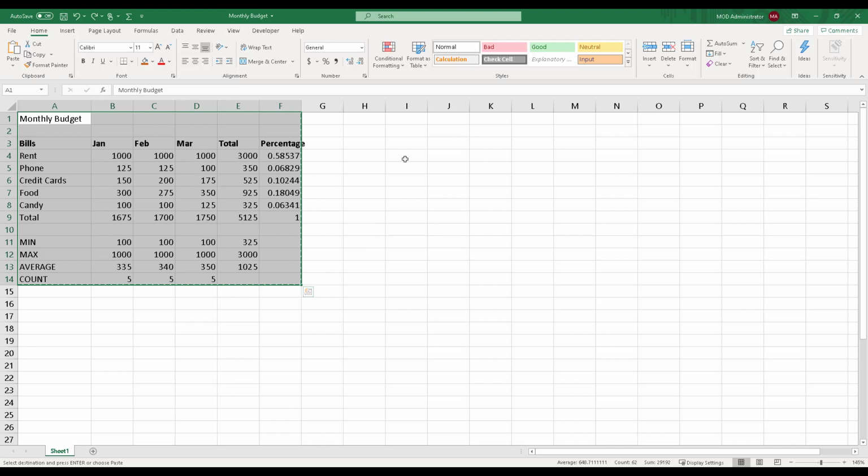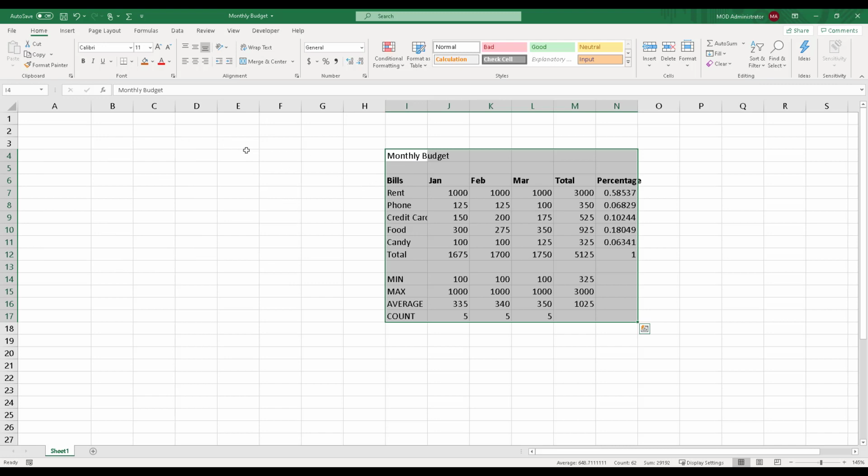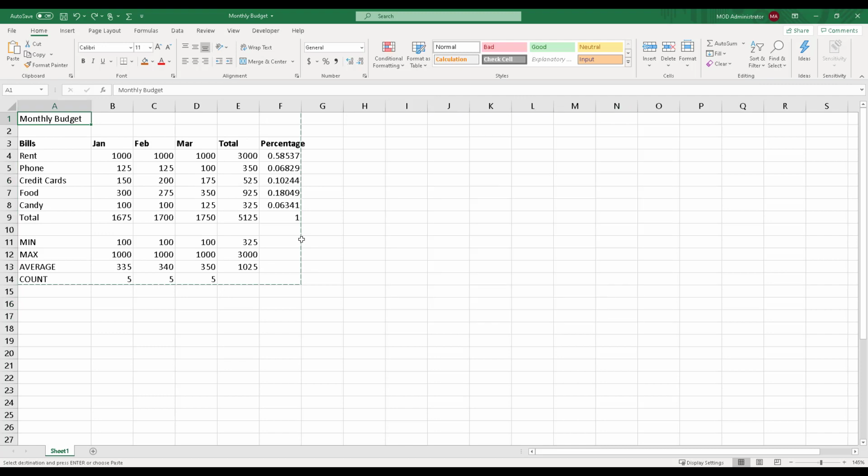Then go to the cell where you want to paste it, and use the shortcut key Control V, or the icon which says Paste. All my content is cut from this location and pasted to the new location. Again, I will undo the changes with Control Z. If you still see the marching ants, just press the Escape key and that selection will go away.